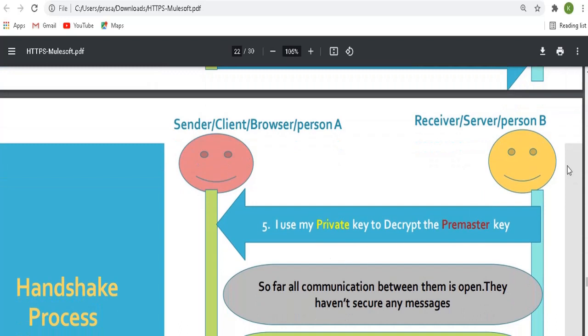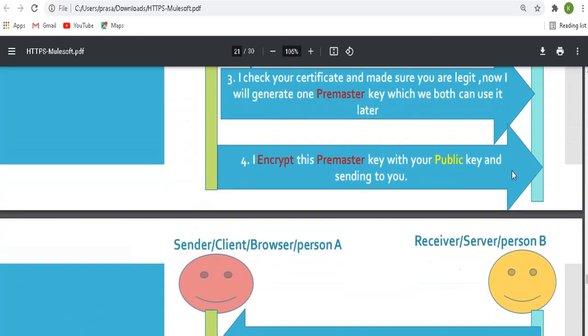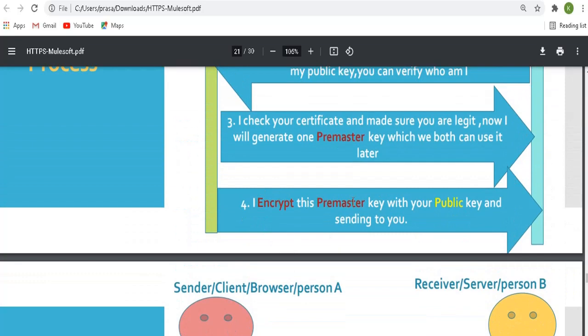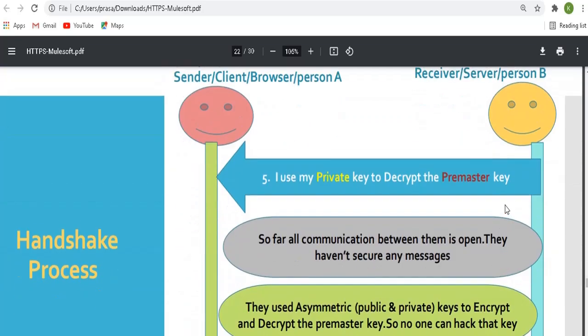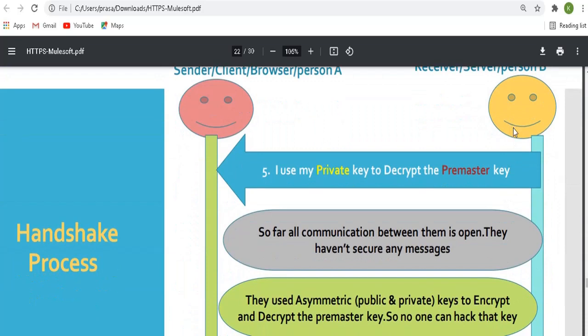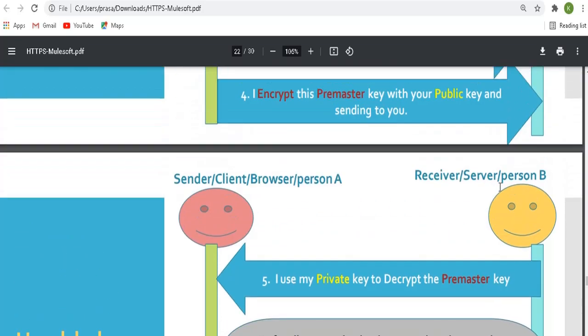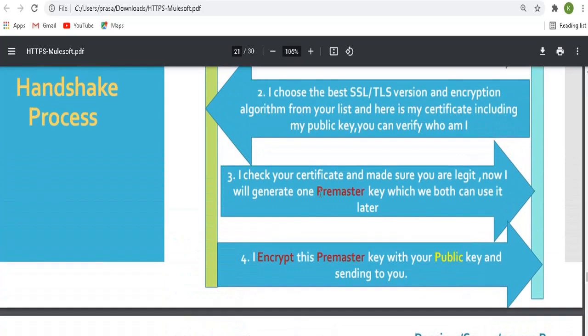Now what will happen? Google.com has its public key and private key, the key pair is there with google.com, right? So the browser encrypts the shared key and sends it to google.com. Google.com will decrypt the shared key using its private key, and now google.com also has the pre-master key, or shared secret key.